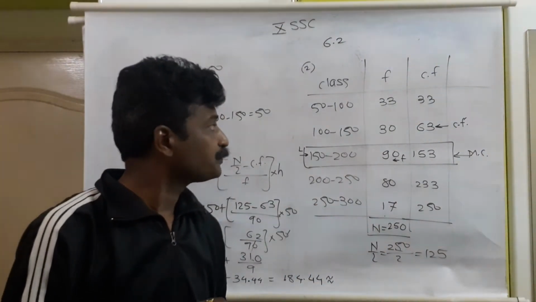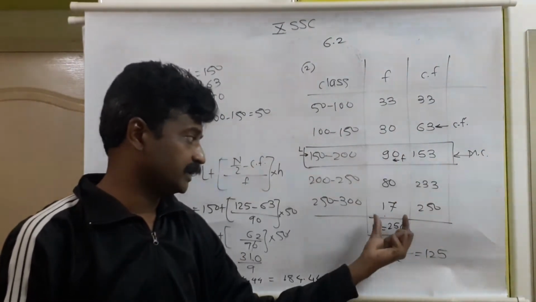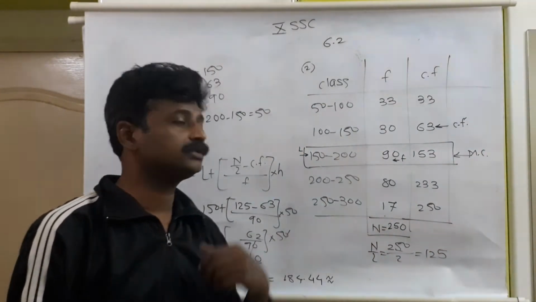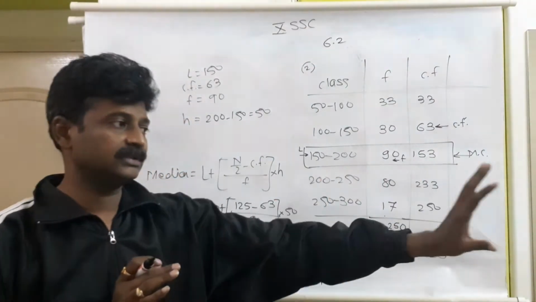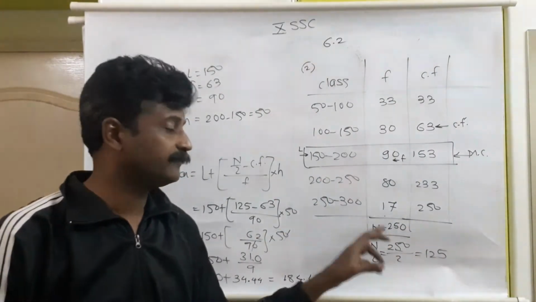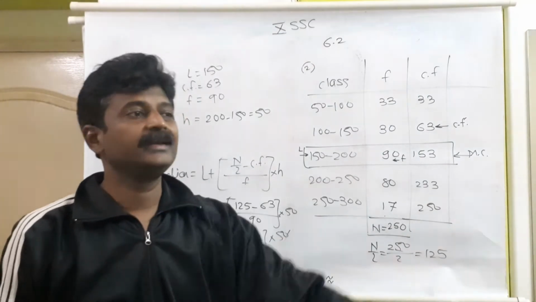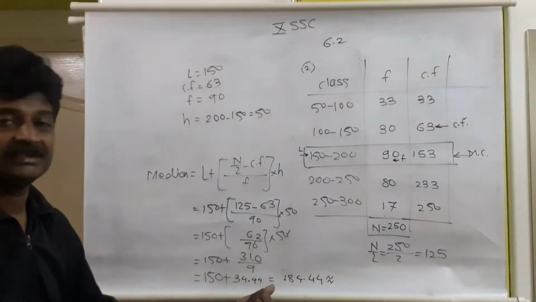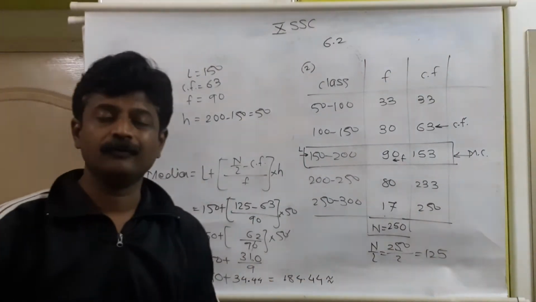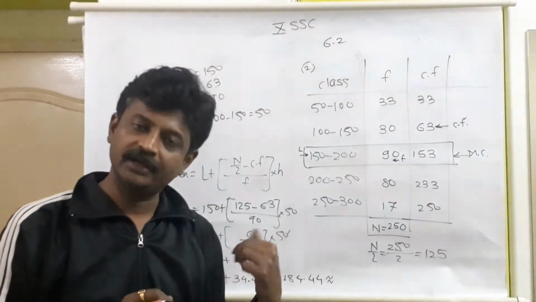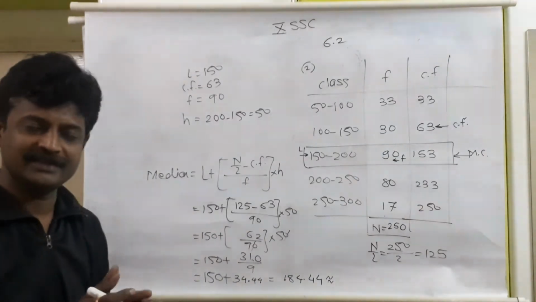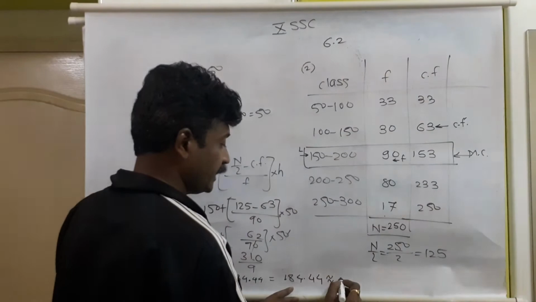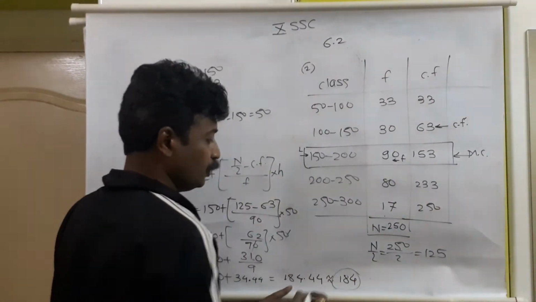And here we are calculating the average number of mangoes given by a tree when 250 trees are studied. These are the number of trees. 250 trees are studied which can give the mangoes in between 50 to 300 on average. Suppose that is a garden of mangoes where 250 trees are there in that garden. On average per tree, how many mangoes do we receive? That will be this answer, 184.44. So instead of mentioning mango in decimal form, better to mention in proper numeric term. 184.44 is nothing but approximately equal to 184.